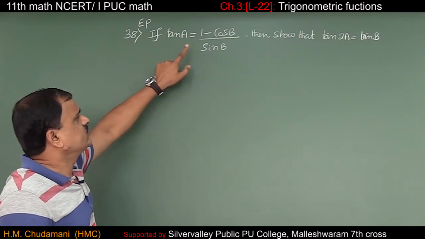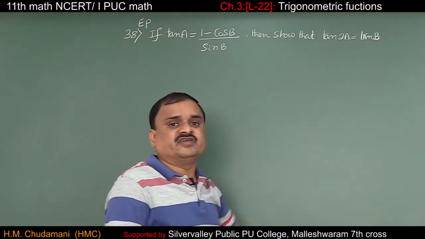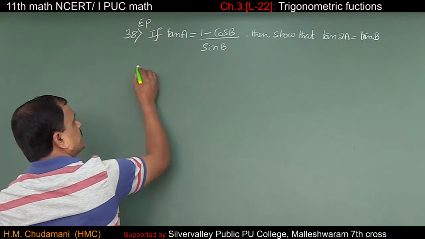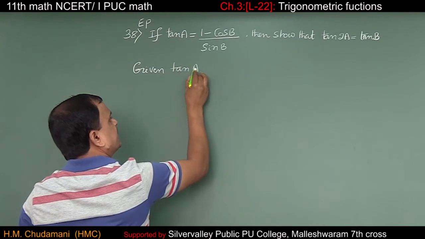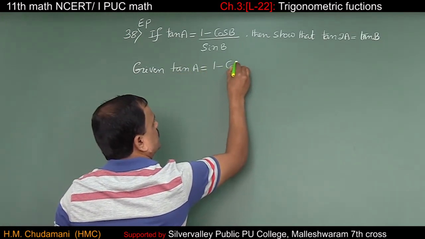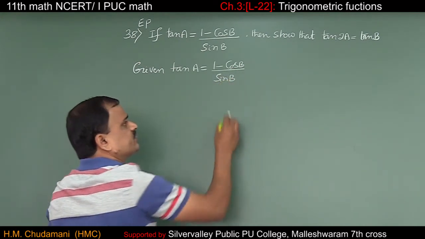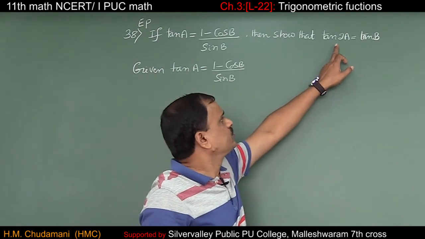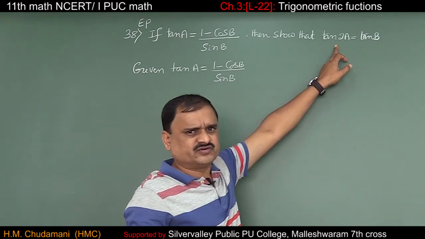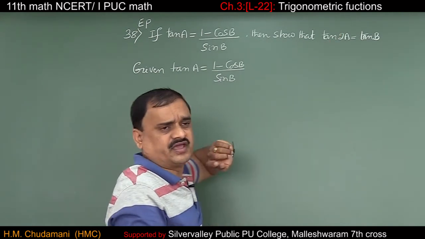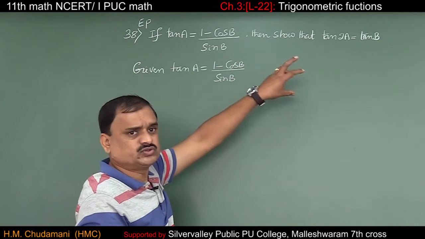If tan A equals 1 minus cos B divided by sin B, then show that tan 2A is equal to tan B. Given tan A is equal to 1 minus cos B divided by sin B. We are supposed to prove this. Tan 2A in terms of tan means 2 tan A by 1 minus tan square A. Tan A is this, you know. So let me simplify this first and substitute over